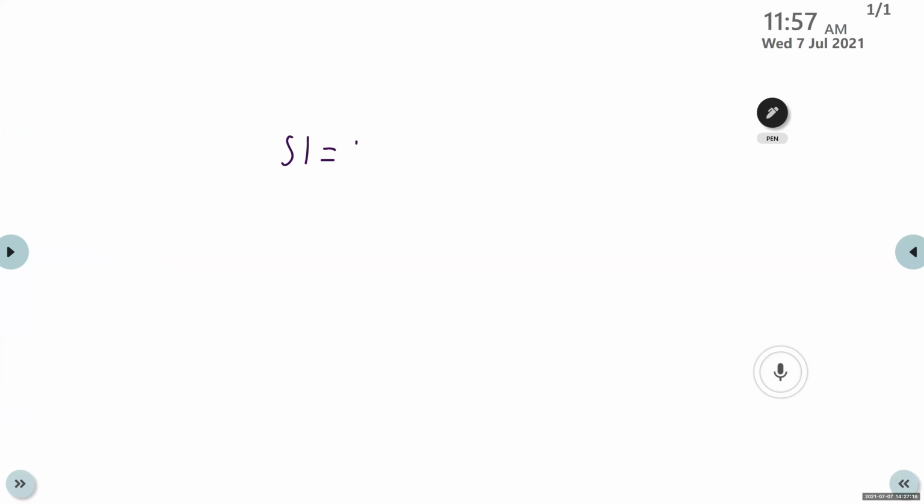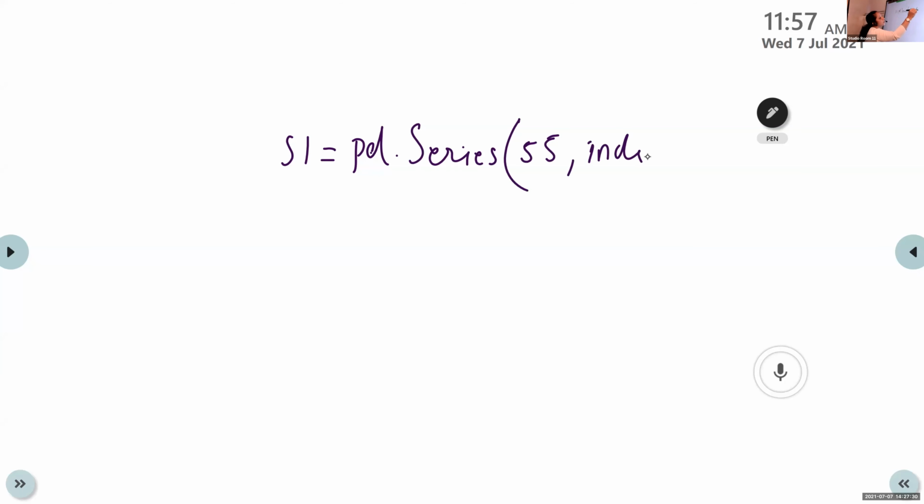In the previous session, we created a series with s1 equal to pd.Series within brackets 55, then index equal to, within brackets, I will write 0, 1, 2, 3. Is it square bracket or round bracket here?